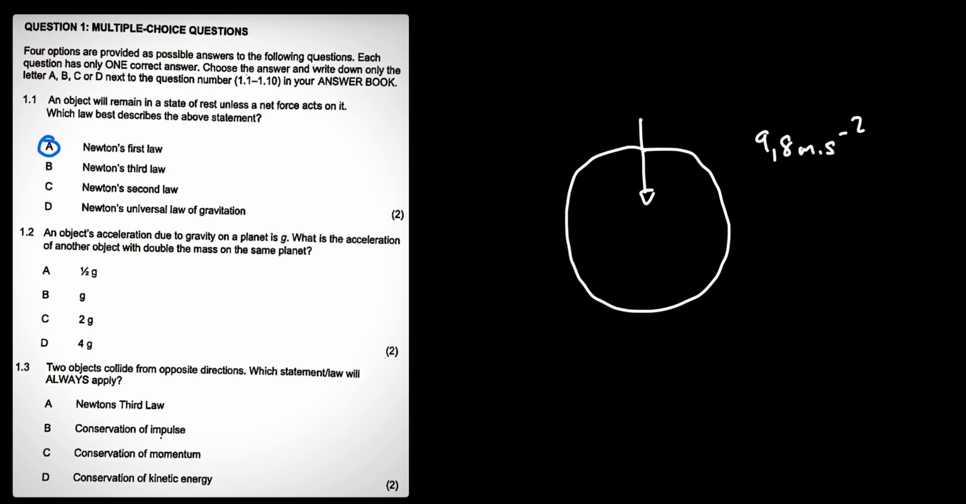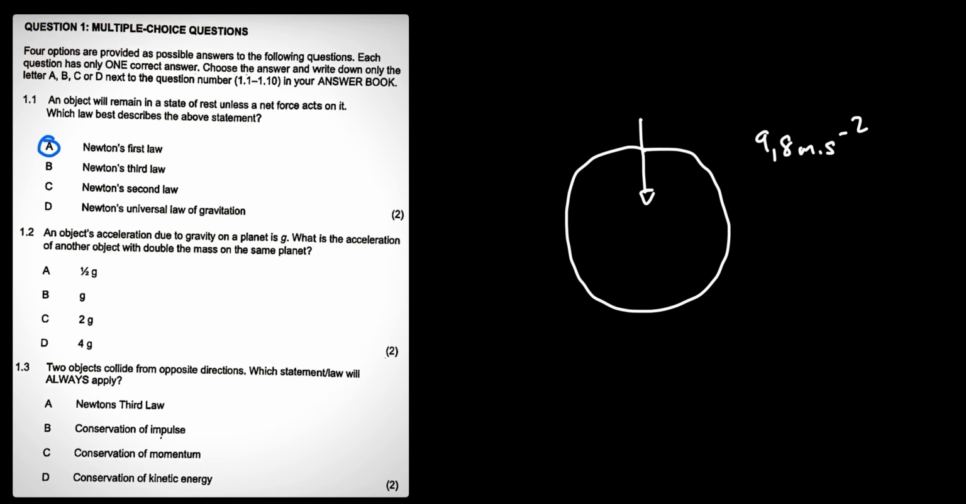So if we look at the second question, it says that an object's acceleration due to gravity on a planet is g. What is the acceleration of another object with double the mass on the same planet? So now, if we are all in one planet, for example, let's say now we are all on Earth. We know that the gravitational acceleration of any object on Earth is 9.8 meters per second squared and is always